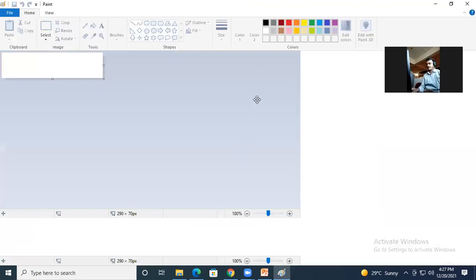If you check this Paint option, it gets copied and pasted. But for this